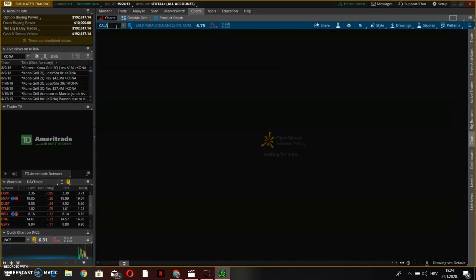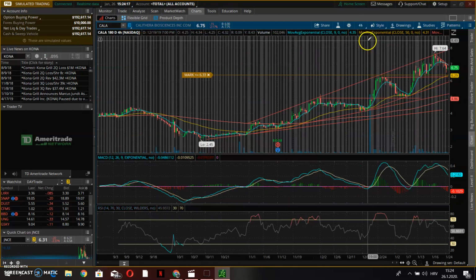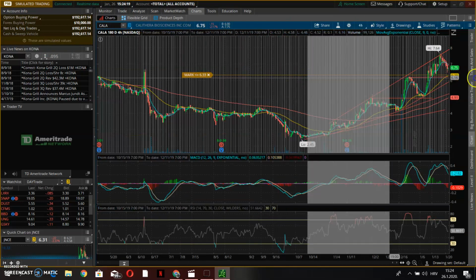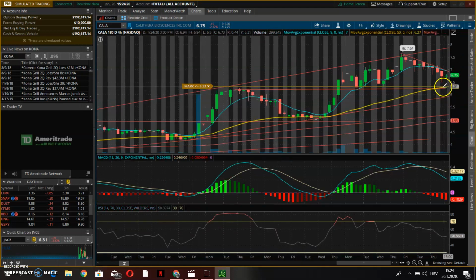CALA. Okay, same thing. It is uptrending. It has all-time new highs. We're waiting for this to become support, and we want the bounce off the support. So I set an alert. If the price goes below this point, it will notify me, and then I will wait for the price to break this trend line right here and the 9 EMA line, and that's when I'm going to